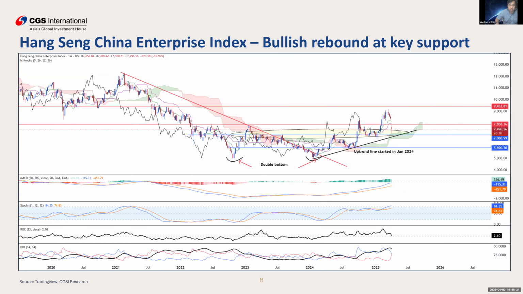All right, so for the China Enterprise Index, I decided to use the weekly chart. You can see that it is well supported above the weekly cloud, and well supported above the 7,000 psychological level, which is, by the way, the V-shaped rebound double bottom over here. It has already cleared the resistance prior to that in early March, closing above 7,885, 7,858 levels, and then before correcting.